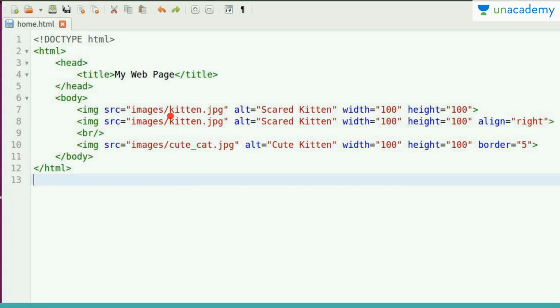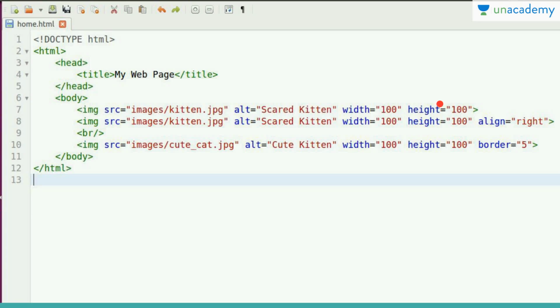Here we have src to define the source of the image. Then we have the alt attribute. Although alt is optional, it's always a good habit to give it with a good name, because this is required for the screen readers. They will call out this name because blind people cannot see anything. Moreover, it will also be used if due to some reason your image is not displayed, then this name will be displayed along with the image logo.